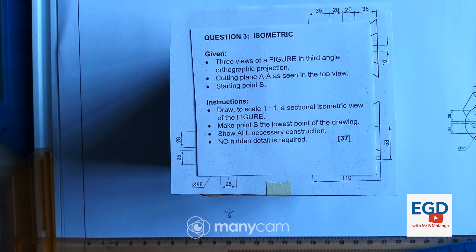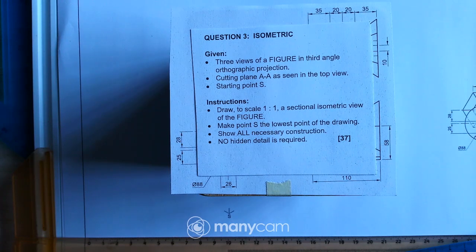Okay, creators, in today's video, we'll be going through an isometric drawing as part of our exam revision. Before we get started, here are a few key concepts you need to understand for your mid-year exam, prelim, or final exams. The first point, drawing an isometric circle. You should be able to construct an isometric circle. And then the second point, creating an auxiliary view for shapes like a triangle, square, pentagon, hexagon, and octagon. So it's very important for you to be able to construct those shapes or polygons.